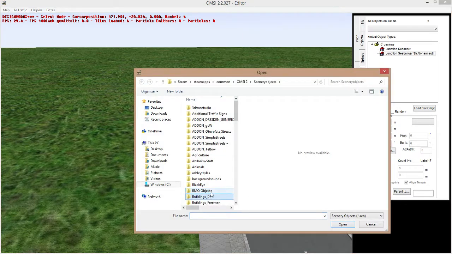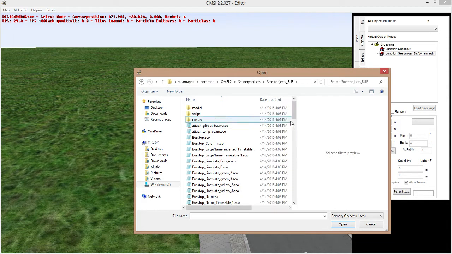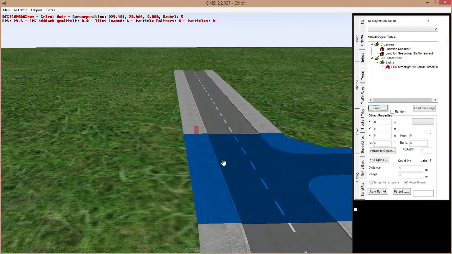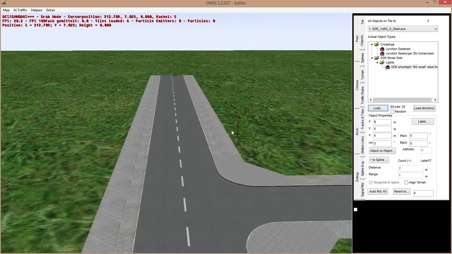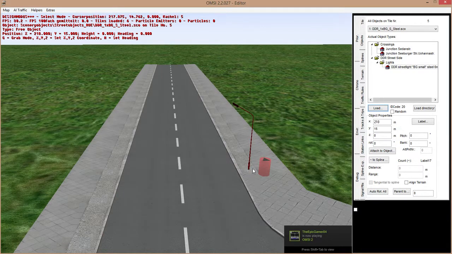So we're gonna go and select a new object. We'll just get a light, like a lamp, a street lamp. We'll just select a random one from the DDR. And I'll use the control key to snap it to a certain point. And so it'll just be here. But what if you wanted to repeat